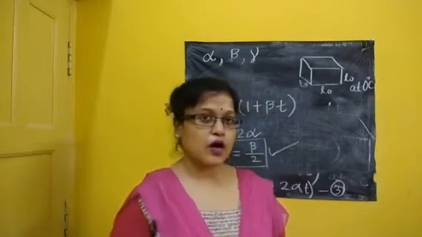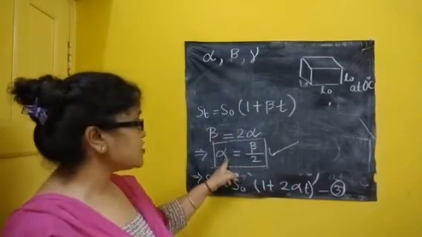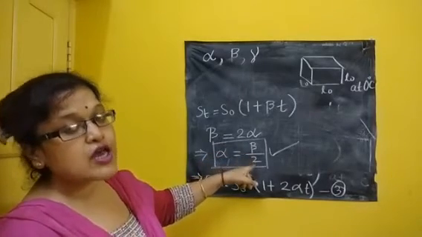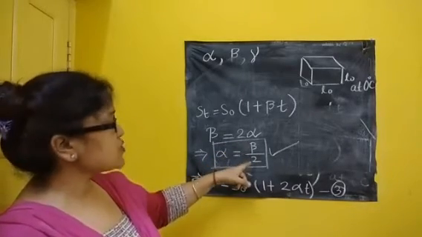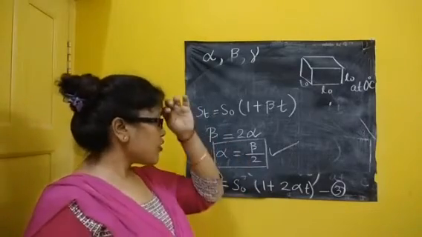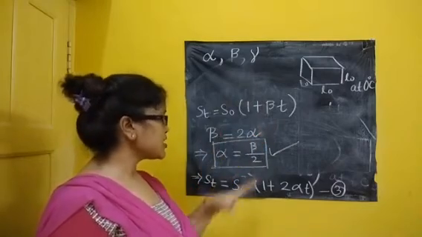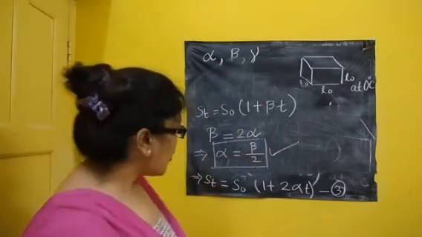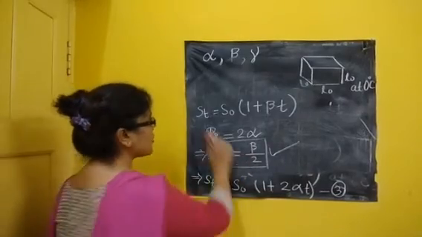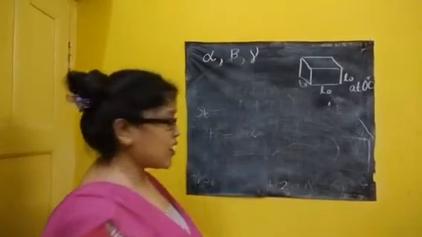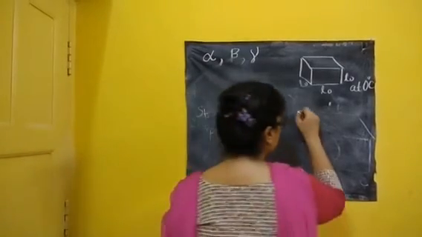Means the lengthwise expansion is far less than the surface-wise expansion. Surface will expand more in comparison to the length. Clear? Now I am going for the volume expansion relation. So this we are having. Now going for that volume expansion. Now again, for that diagram which I had wiped already, I need to draw it again.